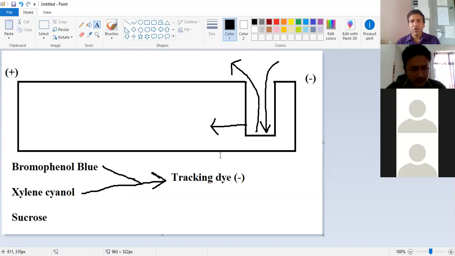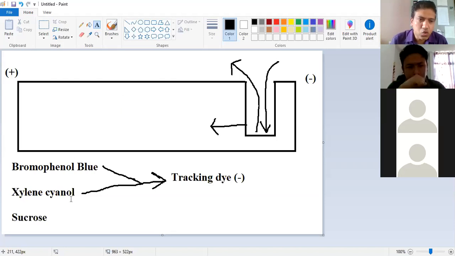That means what happens once you run the gel, these dye will enter the gel and they will migrate. Now you see, once the DNA is entering the gel and it is migrating towards anode, you cannot track the movement of the DNA. You cannot see the DNA. But what you can see is the dye. So if the dye is moving, means your DNA is also moving. So generally what we do, once this forward dye comes to the middle of the gel, we stop the electrophoresis. So this is just to track the movement of the DNA.